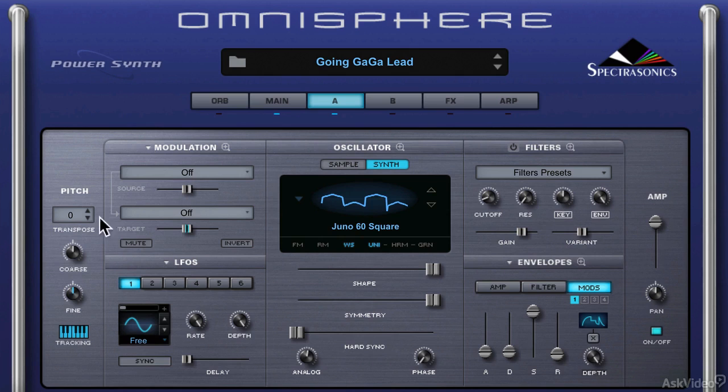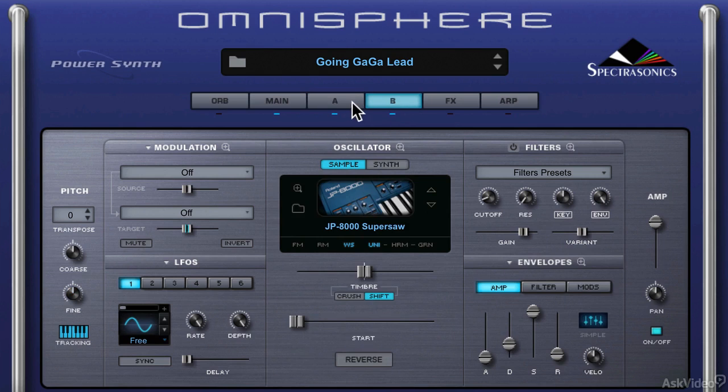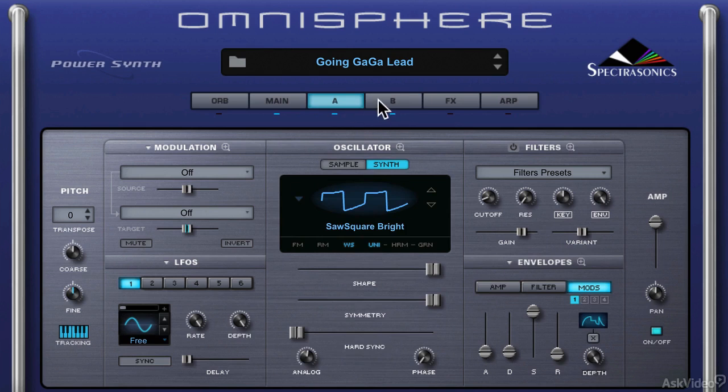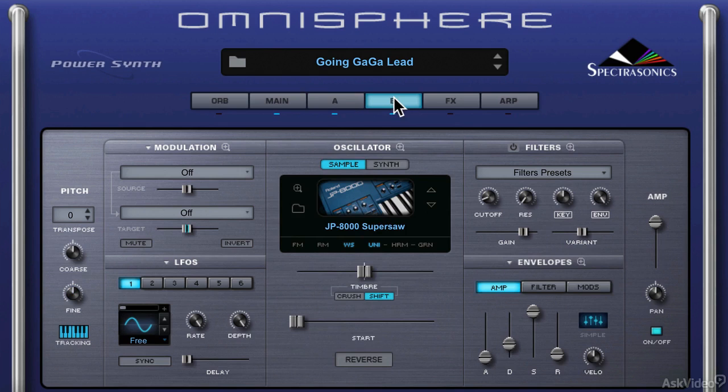Really cool. And one of the things that I really love about Omnisphere personally is that it does a good job of mixing that synth engine with the sample engine. So look at layer B for this sound. Layer A is a bright saw square wave generated by this oscillator. And then layer B is a sample playback of a JP8000 keyboard super saw. So now when I put that together,